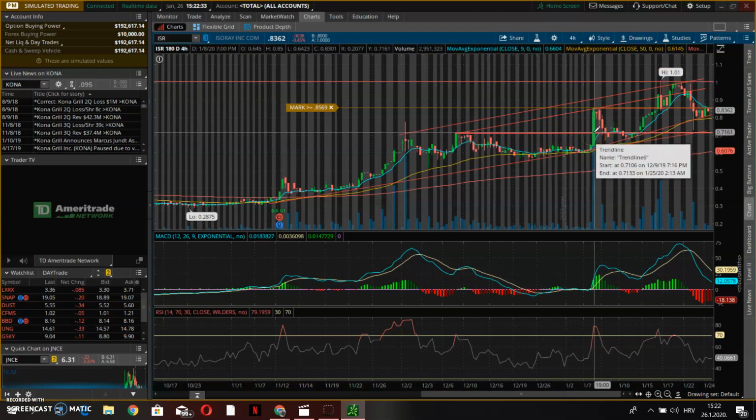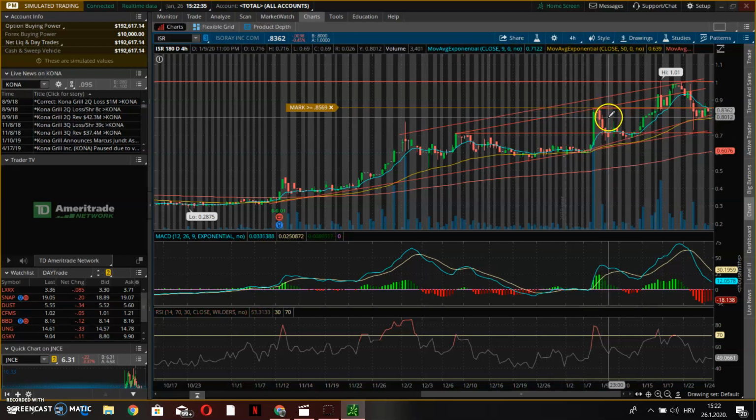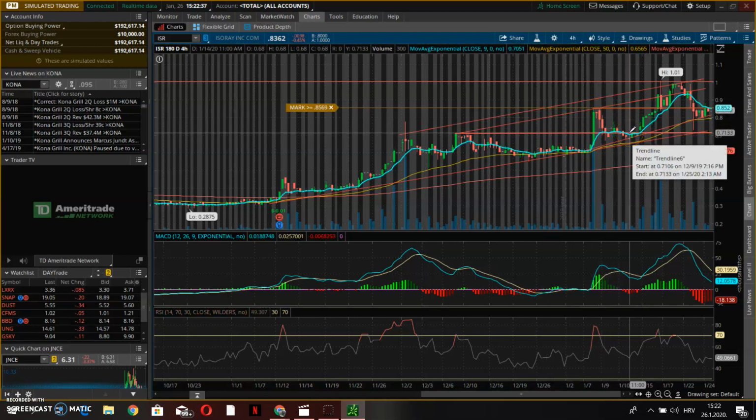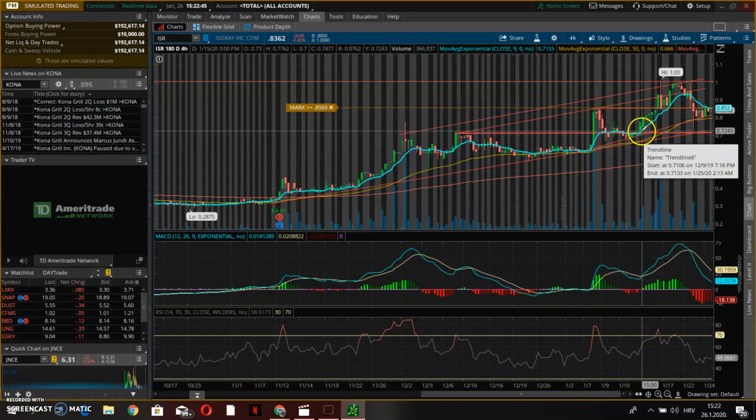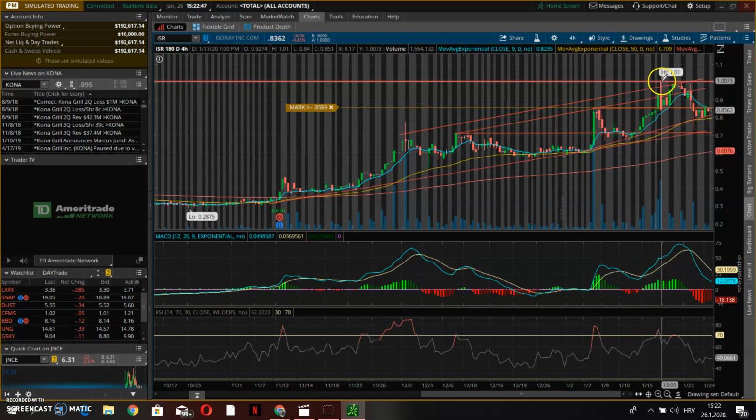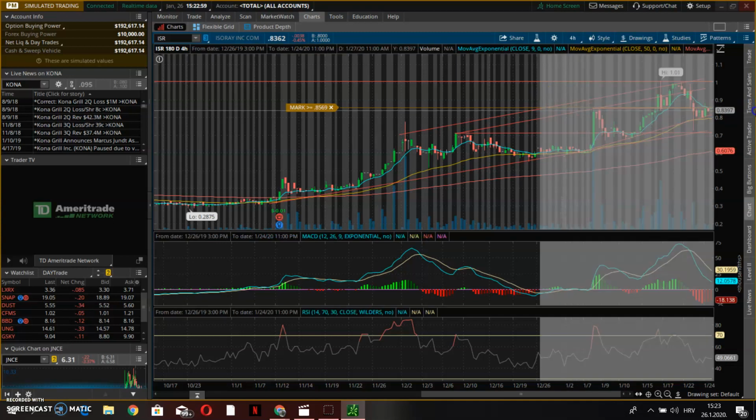Resistance got broken, finds new resistance, gets back to the support. This was resistance here, but it's support now. Then the price bounces off the support and finds a new high. This is a typical story, and now we have this. Let's call it support now, or again resistance, and this is the line that has to be broken and the